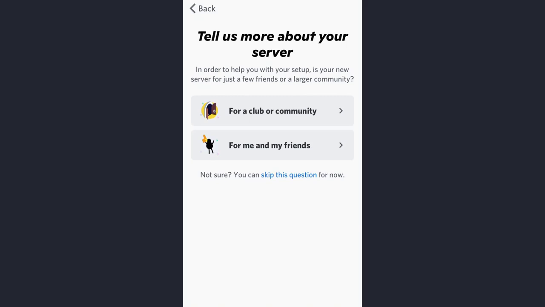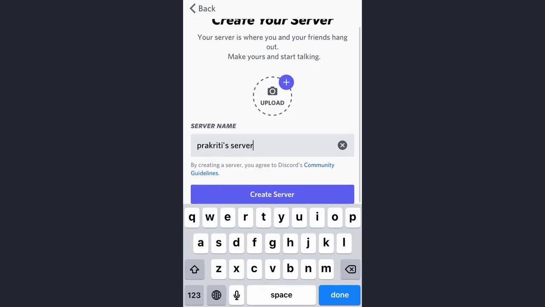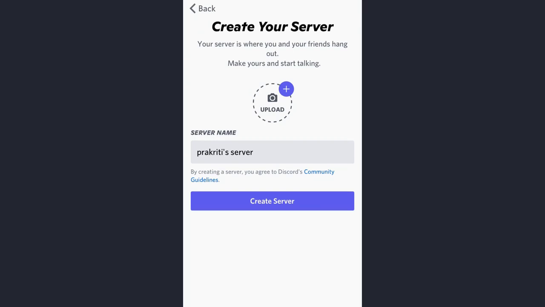Now you need to choose the option here whether you want to create a server for a club or a community or for you and your friends. So here you can give the name to your server. Now you can also upload a profile picture by simply tapping on the camera icon, or we can just skip